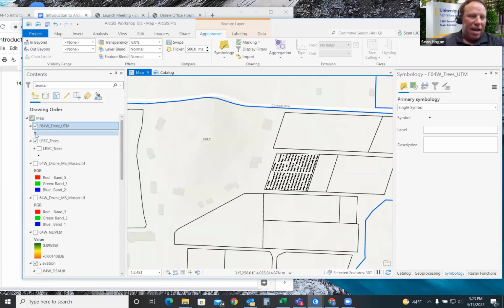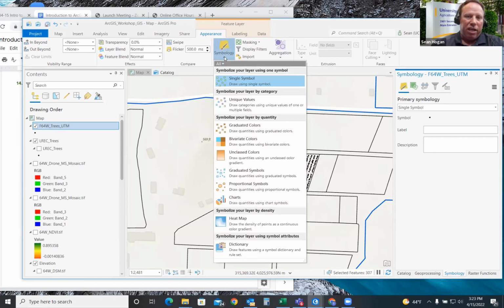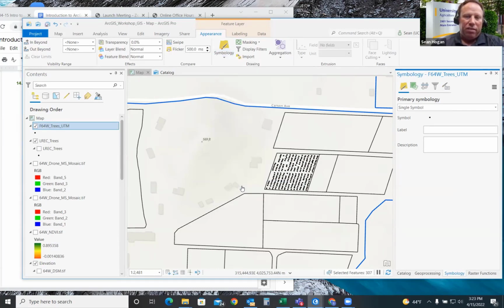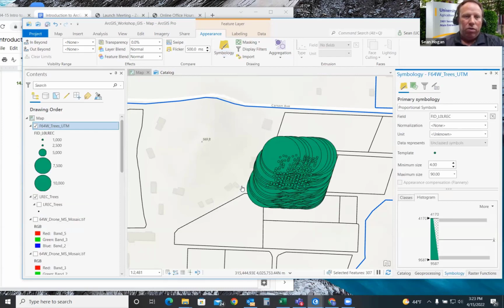Let's stylize this or symbolize this now by clicking on this layer, going up and clicking on Symbology. Actually, let's click the drop down below Symbology and go down to proportionate symbols. Holy moly, that's a little too much.